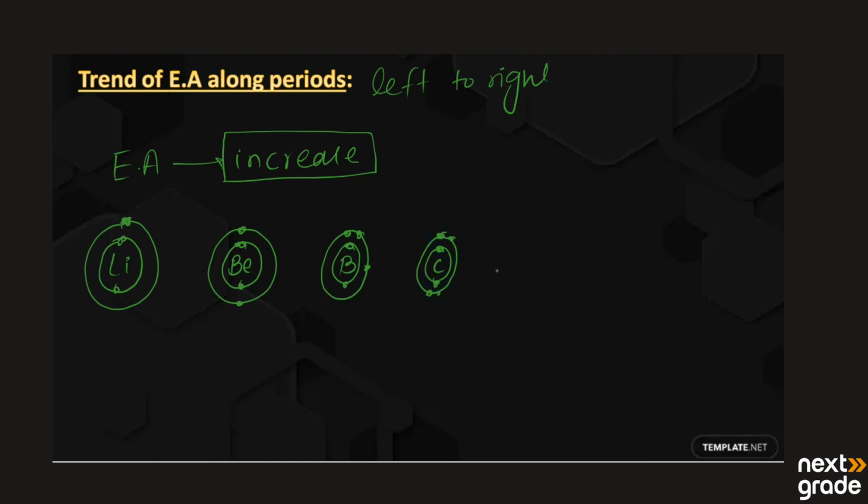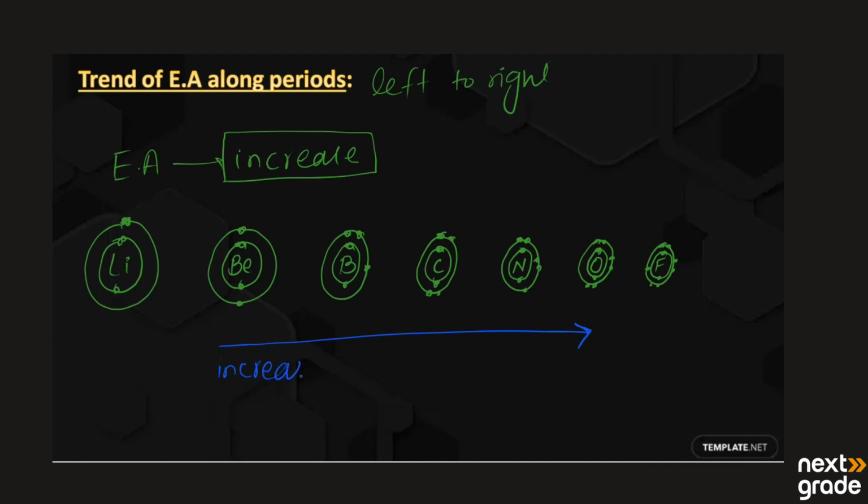Next, after carbon we have nitrogen. Atomic number is 7 and the last shell has 5 electrons. Then we have oxygen. The first shell has 2 electrons and the last shell has a total of 6 electrons. And then we have fluorine. The first shell has 2 electrons and the second shell has a total of 7 electrons. So when we move from left to right in the periodic table, there is an